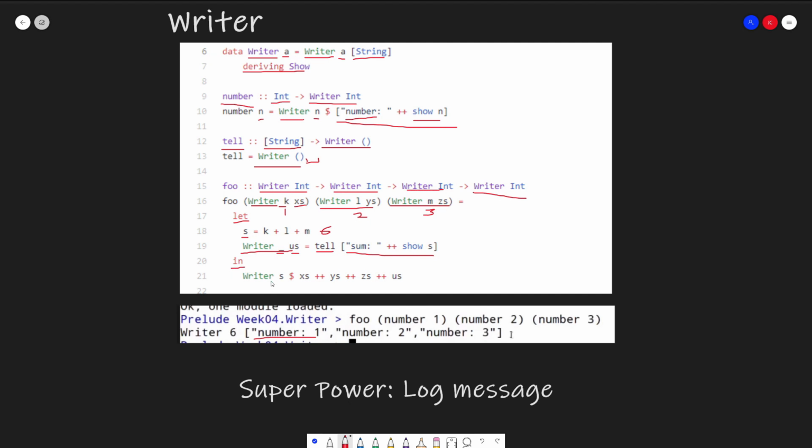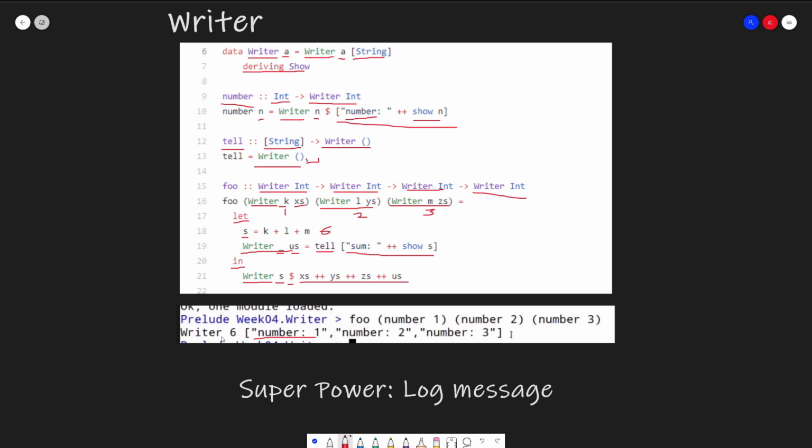And the code we want to return is we want to create a new Writer. And this Writer has the value s, which is the value 6. And this $ sign, once again, just means evaluate the following statement first. And that following statement is basically just concatenating these 4 lists that we defined together. And then we return that as a